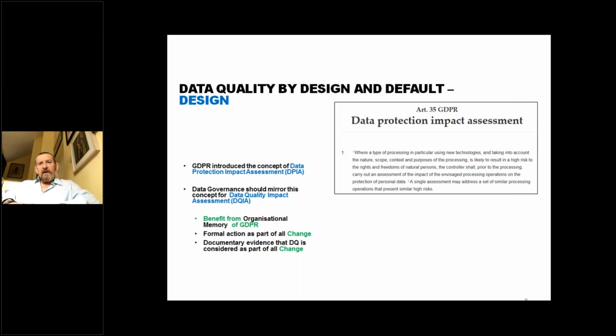And this is where I'm talking about leveraging the same data protection mentality, the same data protection artifacts within change, and doing the same for data quality. So again, if you're involved in GDPR at all, or even involved in change at all, you'll be aware of the fact that there's a mandatory artifact which has to be gathered during change programs called a DPIA, or Data Protection Impact Assessment.